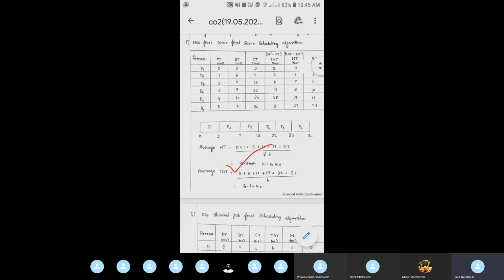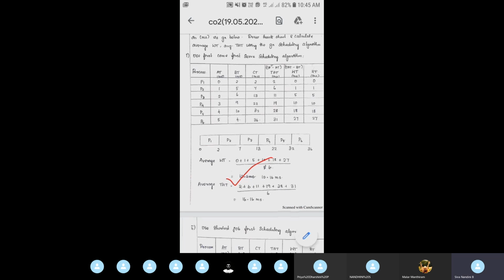So if you see this process scheduling, first come first serve, everyone has written correctly. That is based upon the arrival time. You have drawn the Gantt chart and you have calculated the values. The shortest job also you have written in a correct way. That is given with the arrival time. So the 0th arrival time, which process is that? It will be running in the CPU. This shortest job first and the first come first serve are non-preemptive algorithms.